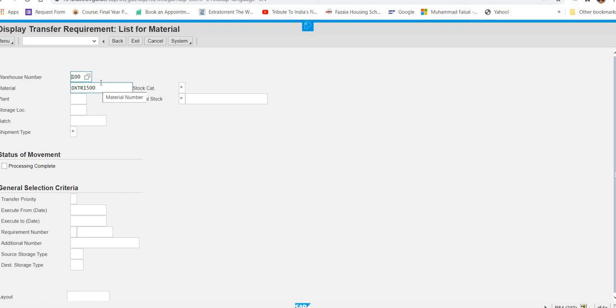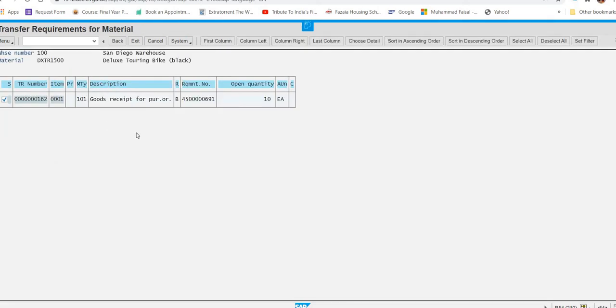The requirement number should be the same as the stock transport order number, and receive earlier. Make sure that the line item is selected and click on to in foreground. So what you have to do after selecting this, you press enter and you are here. Now this is the document and this is the open quantity mentioned here.